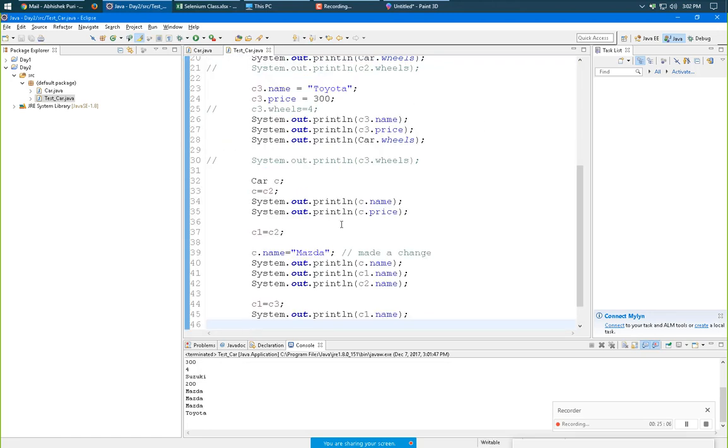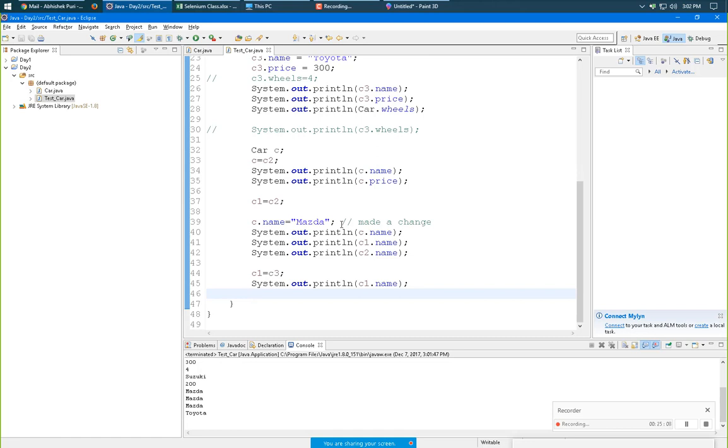When you say reference, it's like assigning one object to the other? It is like a pointer, it is just pointing to that particular object. C1, C2, C3, these all are pointers. They are just pointing to a particular object.